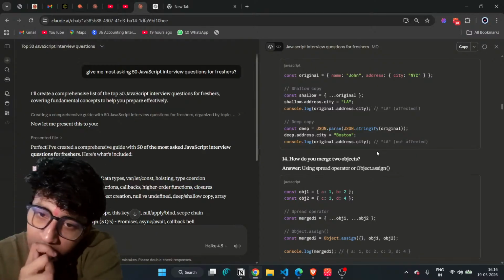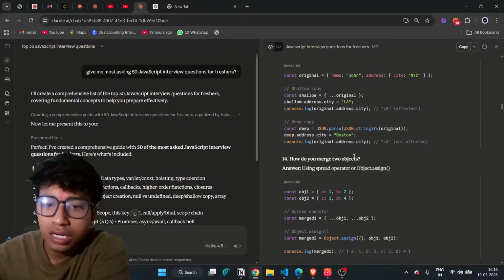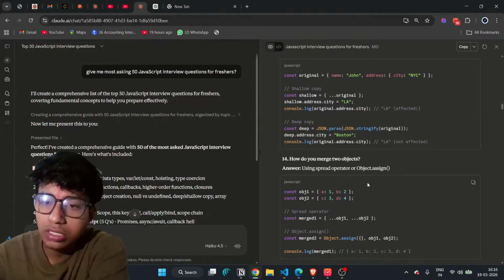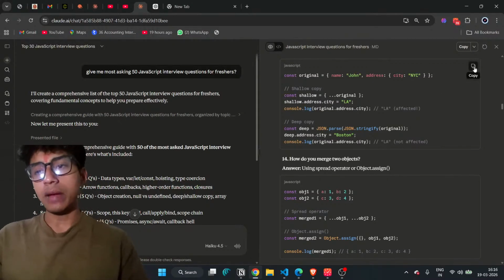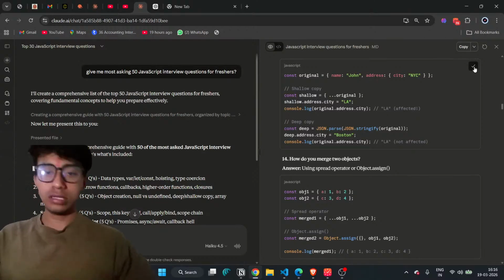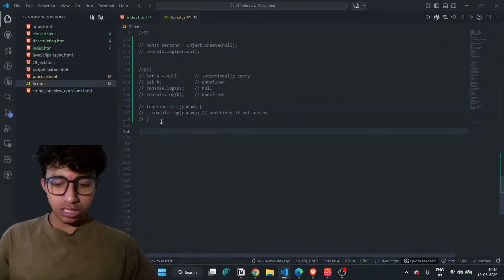हमने वहां से लिया, deep.address.city को change कर दिया, और जब भी print करेंगे the value will be changed, but it will not be showing in the original output, because when we are using JSON.parse and JSON.stringify, it will create an empty, मतलब a duplicate array of object. Okay, go to there and